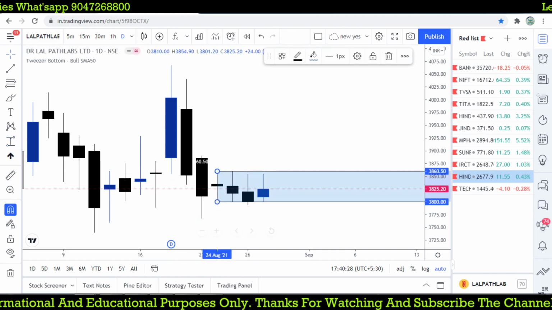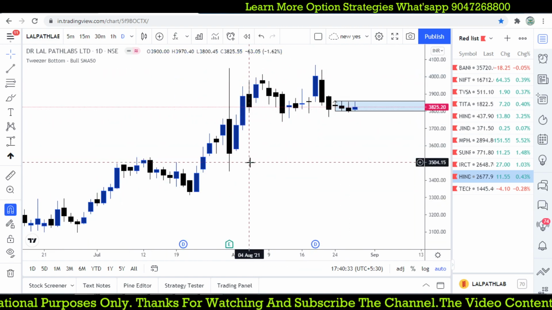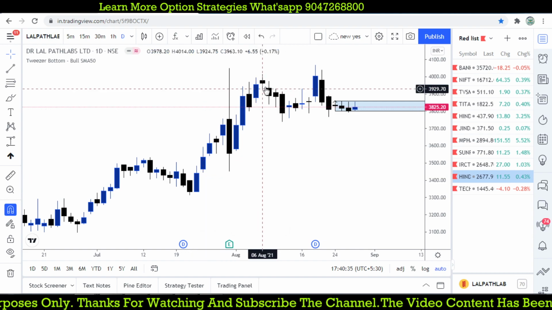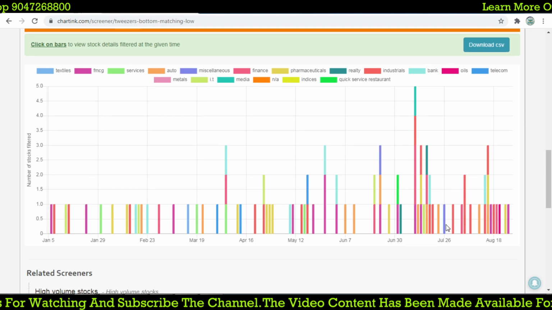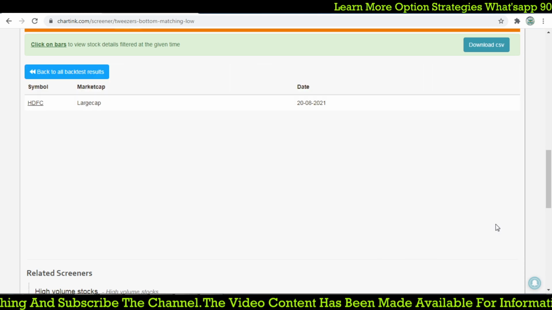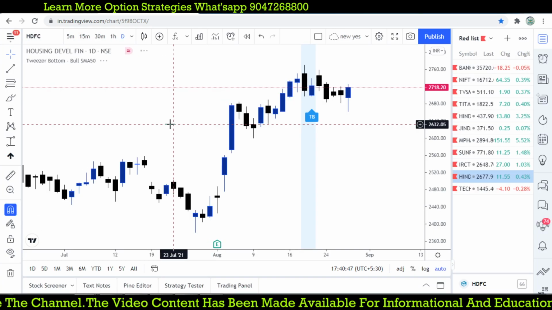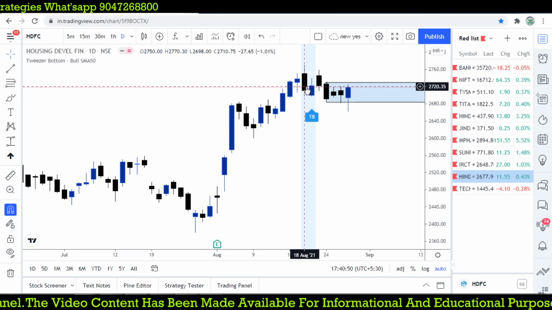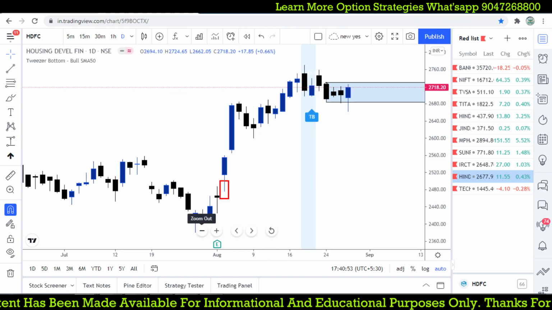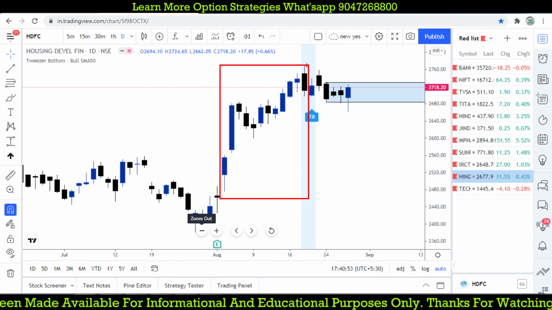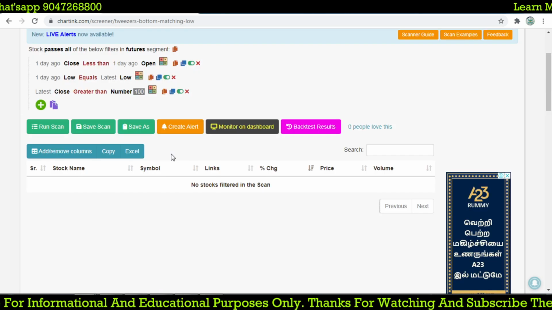So this is an entry opportunity. Still we didn't get any entry opportunity. And the previous trend should be down, but it was up, right? Already the previous trend is at the top, and this may not be a good one. So we'll check a previous one, on August 20, HDFC. Let's go for HDFC on August 20. It is exactly showing the double top, but the previous trend of the stock was moving up, so it does not qualify. So what I'm going to do to find the bottom,